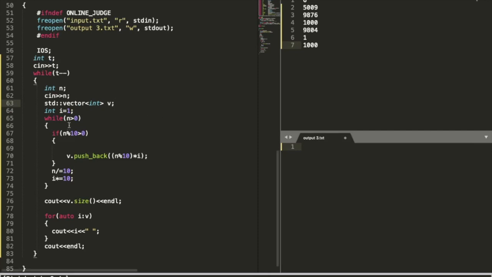While my n is greater than 0, I will run this loop again and again. I will check if my number modulo 10, that is the digit I get in this iteration of the loop, is greater than 0. If it is greater than 0, then I need to push back this digit into the vector.